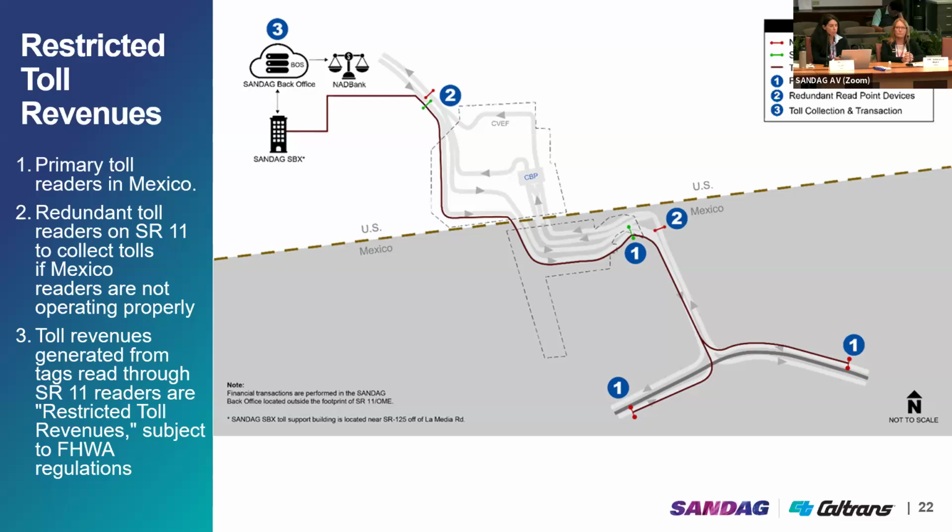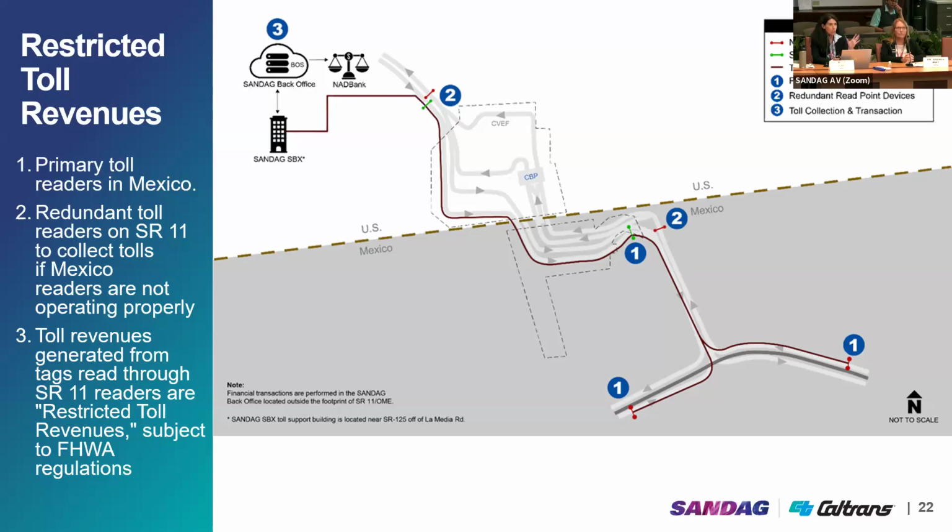Our Federal Highways Administration raised concern over whether this structure conformed with certain federal regulations that govern how tolls on federally funded highways, which State Route 11 is, could be used. They raised concerns over whether or not we could share the toll revenues with Mexico and whether or not we could use those revenues to pay things like customs and border protection, operation and maintenance costs. So we worked with FHWA to craft a solution and tweak the toll structure so that it conforms with FHWA's requirements. And together we developed a new structure to move the actual financial transaction out of the State Route 11